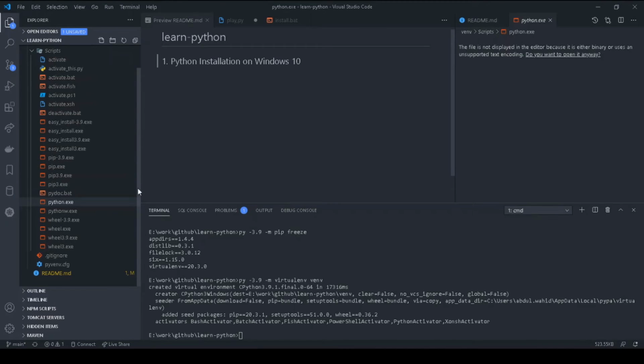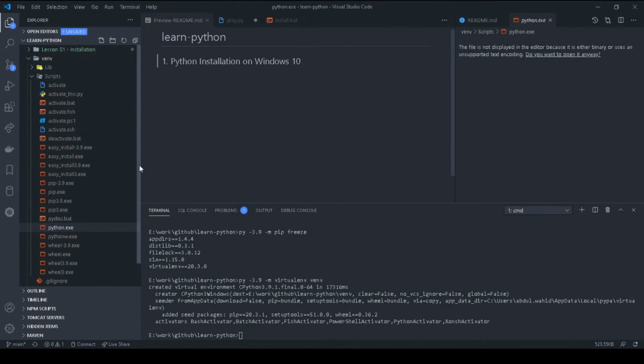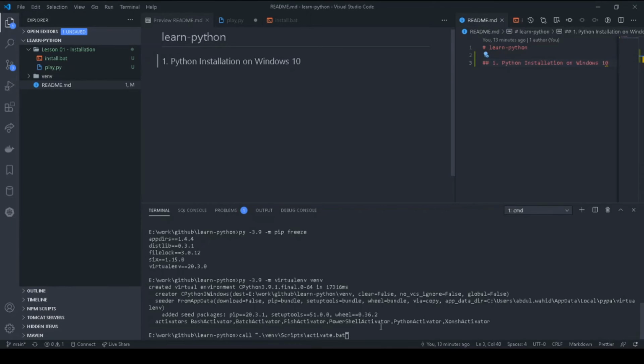To access this Python file, we have a script over here, that is activate.bat. To call this batch script, that is the location of the activate.bat file. Okay, now we will run this command.